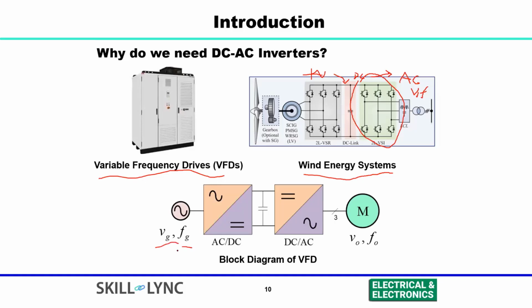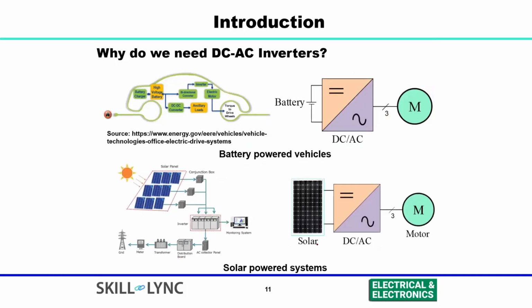Similarly, here for the variable frequency drive, we need to connect to a grid. The voltage and the frequency are fixed, and we convert AC to DC using an energy storage element here, a capacitor, and then DC to AC, with the motor connected at the required output voltage V0 and frequency F0. Generally, these are used for draft fans in power plants. So these are applications of DC to AC converters for the indirect conversion, from AC to DC and DC to AC.